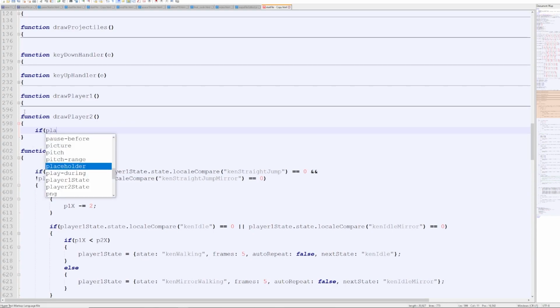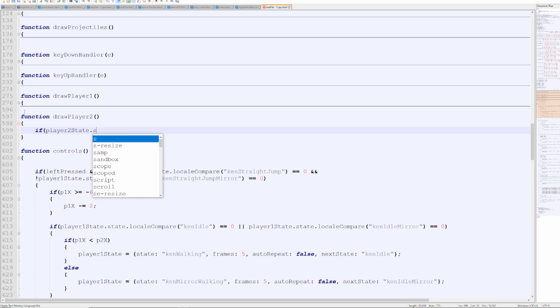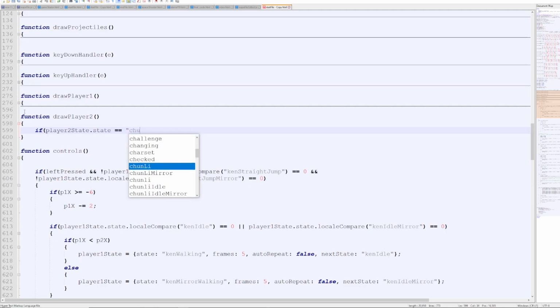If player 2 state dot state is equal to Chun Li mirror idle,